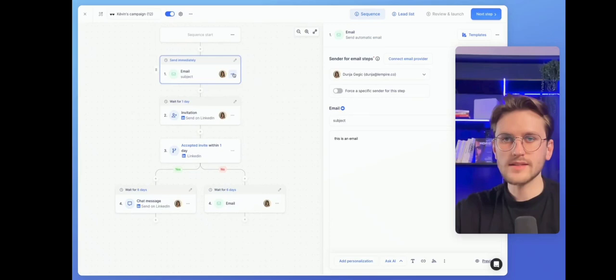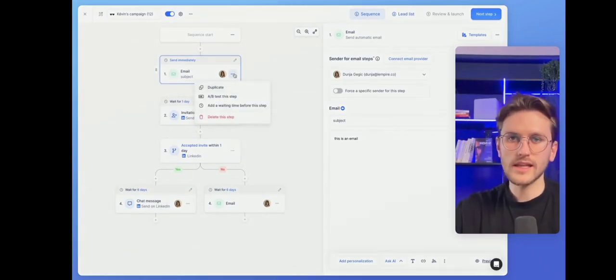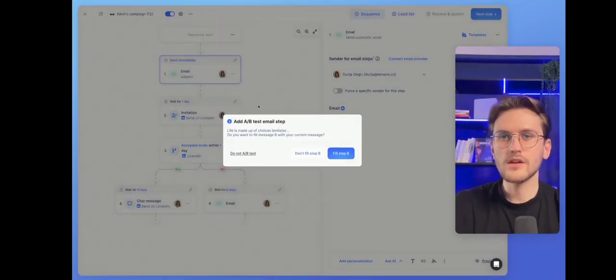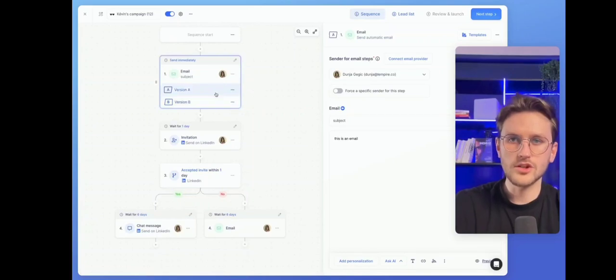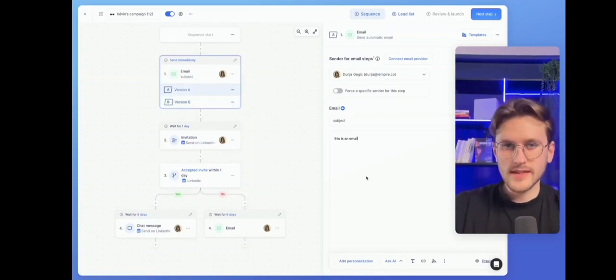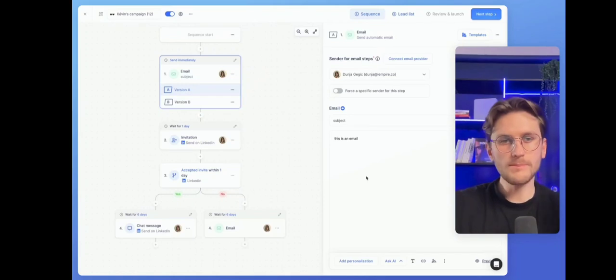And you can also do this at the step level. So clicking on the 3 dots here on any step, you can create an A/B test just for this one. And the rest of the campaign is going to be the exact same thing. Next, during this course, you've understood normally the importance of adding personalization, adding a human touch, or at least appearing